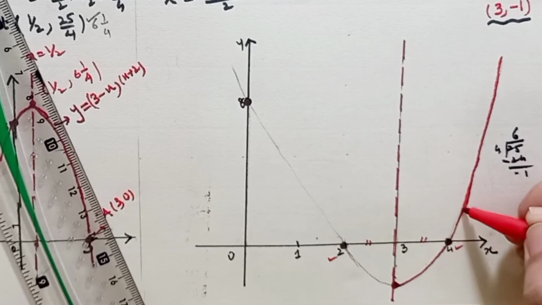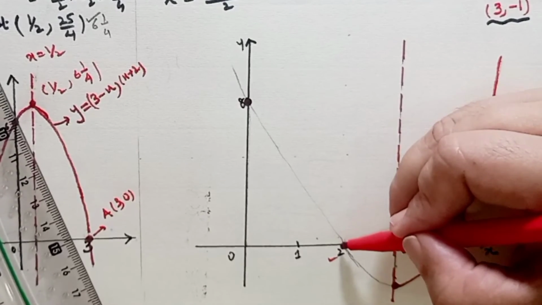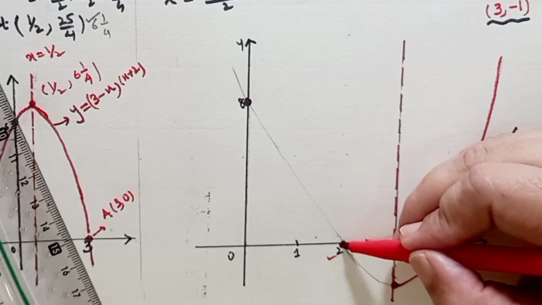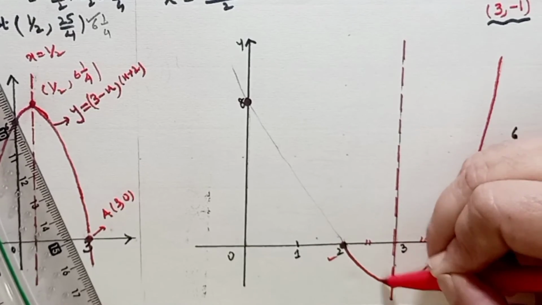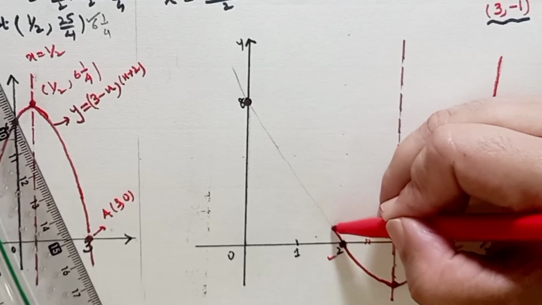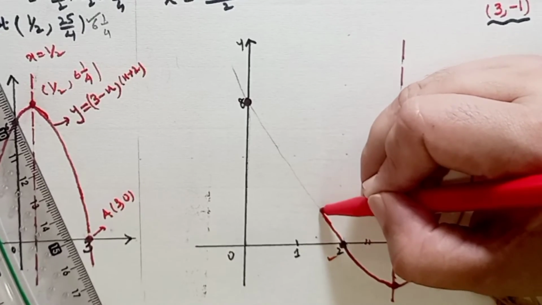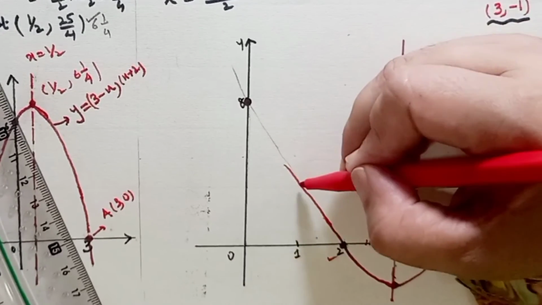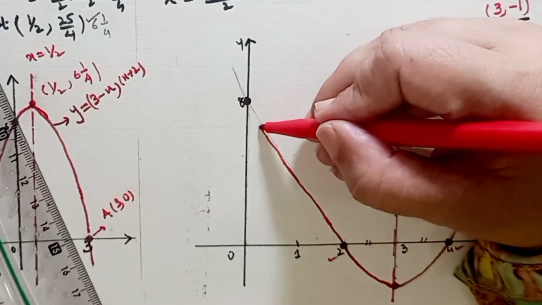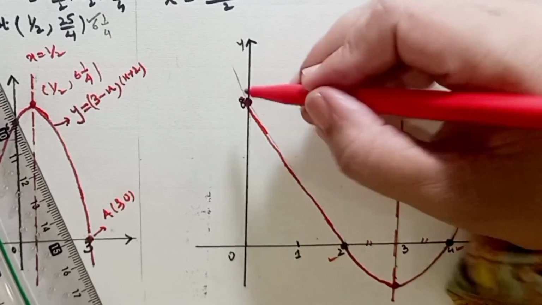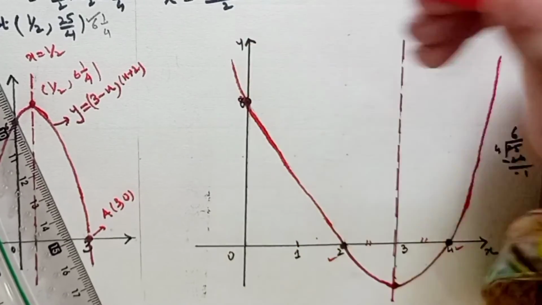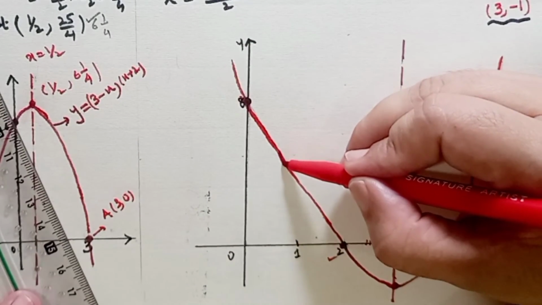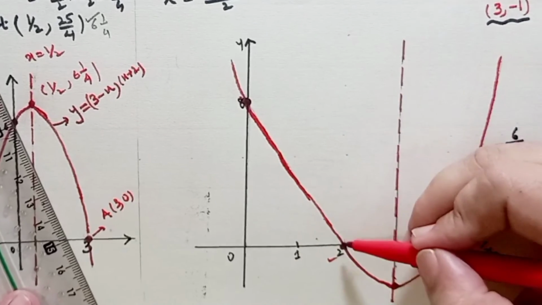Okay, I hope instructions are clear. And now I have to join these 2 points nicely. Okay, and then I have to move from 0 towards 8, which is my y-intercept. Let me make it a little more smooth, and it has to be like this, and let me make it more smooth over here as well.